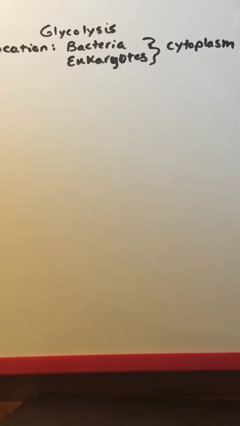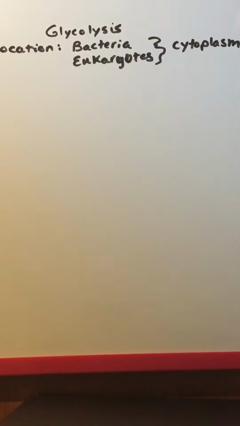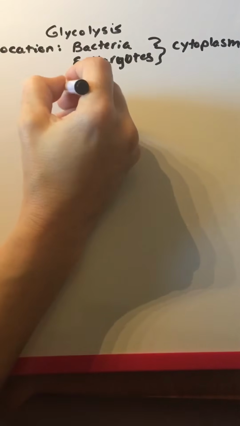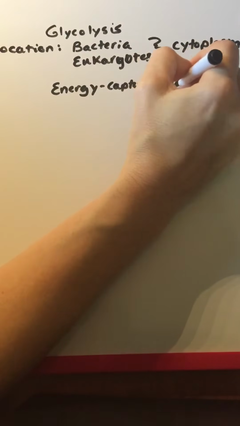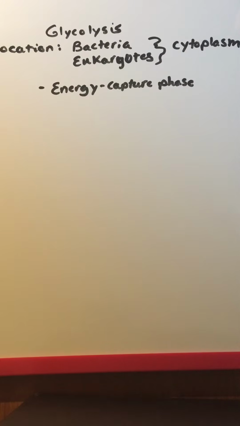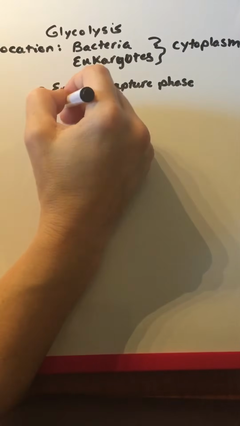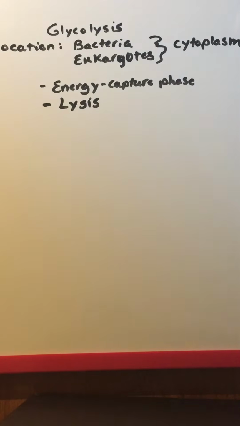We are going to break this glycolysis down into several phases. It's easiest taught. We talk about it in three phases. The first one being the energy capture phase. This is where we're going to invest some energy into the glucose in the form of ATP to weaken it so that in the second phase, we can break the glucose, which is a 6-carbon molecule, down into two 3-carbon